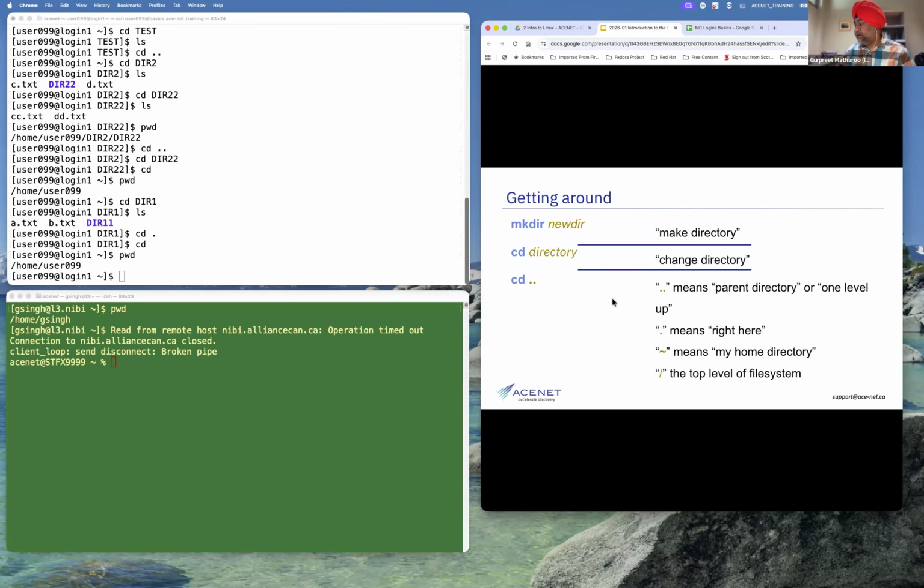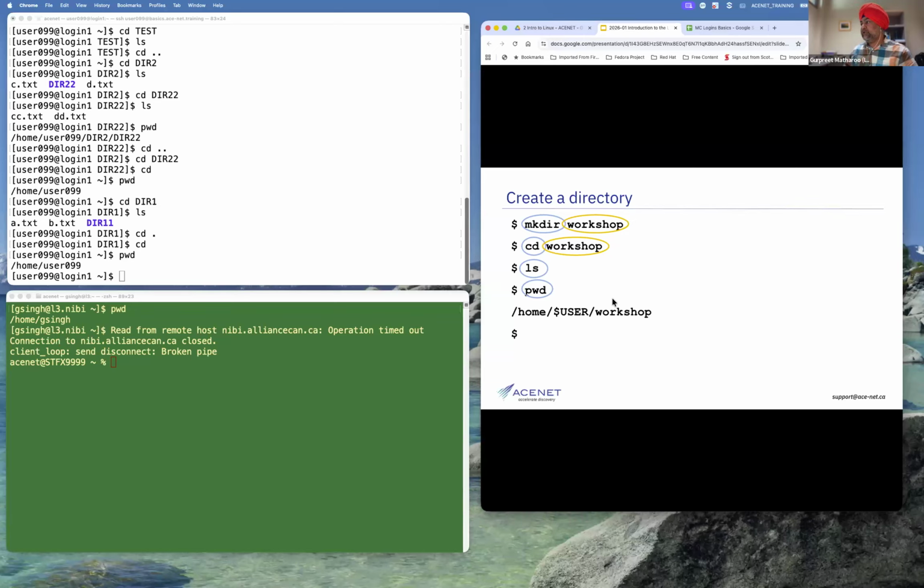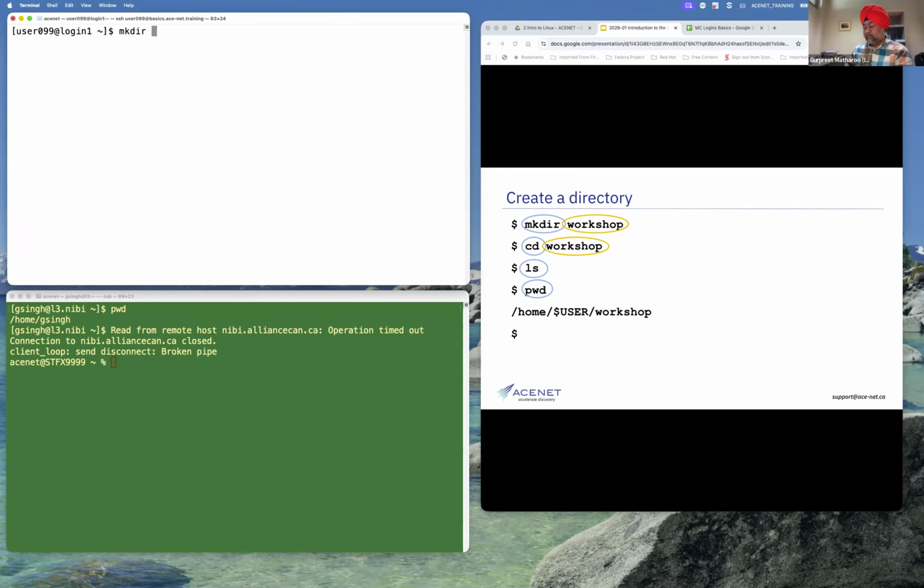Okay. And then, yeah, let's do this thing. It's like a small task over there. I would encourage everyone to do this as well. So mkdir workshop, probably you will be using this tomorrow, I suppose. Now here, it's all lowercase, but let me restrict myself to the protocol that I have set up for myself. So I'm just going to do mkdir workshop, and then I will see with ls. So you see, I have this workshop created over there.